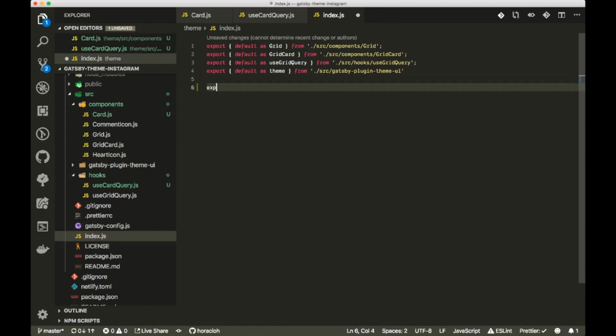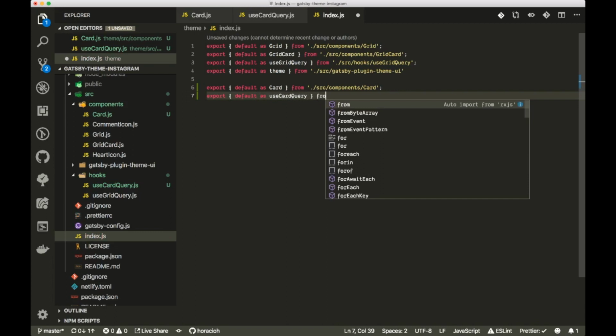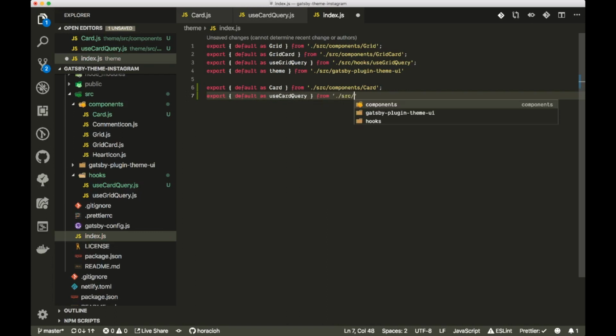So I'm going to do export default as card, because I'm exporting this component as a default export. I need to name it from source components and card. Good. And also export default as use card query from source hooks